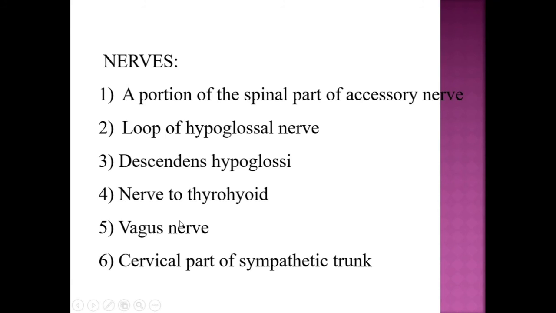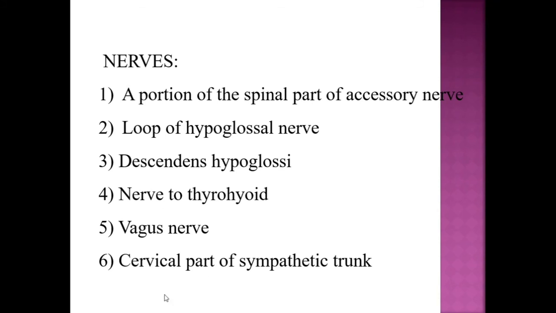Then the vagus nerve, it is the main content of the carotid sheath. It passes downwards within the carotid sheath between the internal jugular vein and the carotid system of arteries medially, and it is slightly posterior between the 2 structures. In the neck, the vagus gives off the following branches: pharyngeal, superior laryngeal, superior and inferior cervical cardiac branches, and also the right recurrent laryngeal nerve.